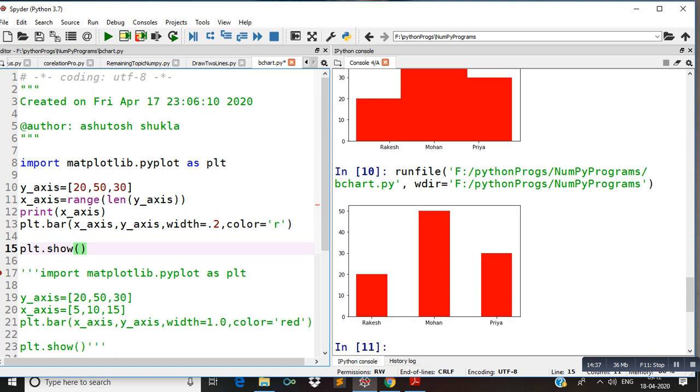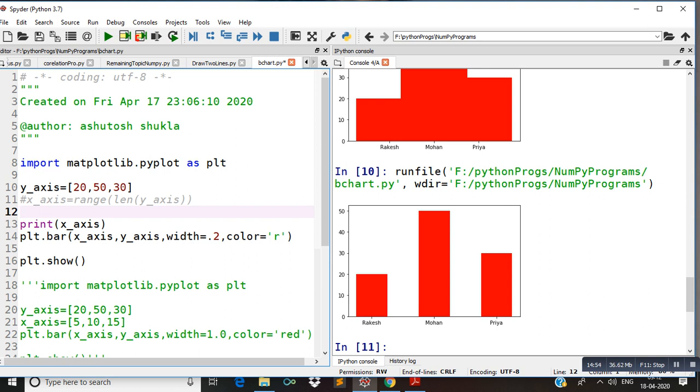x-axis is equal to np.arange, and here we can pass a value like this, suppose 3, that is from 0 to 2.